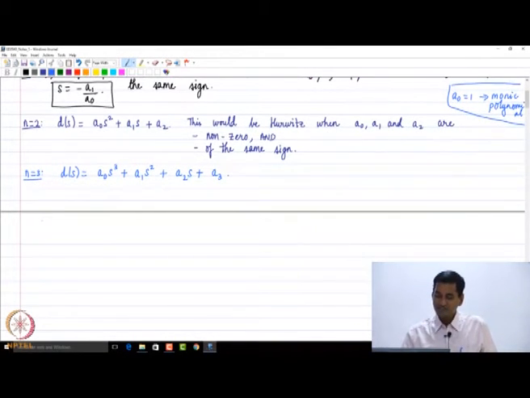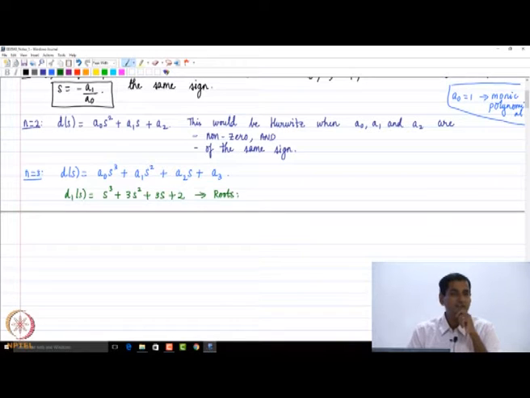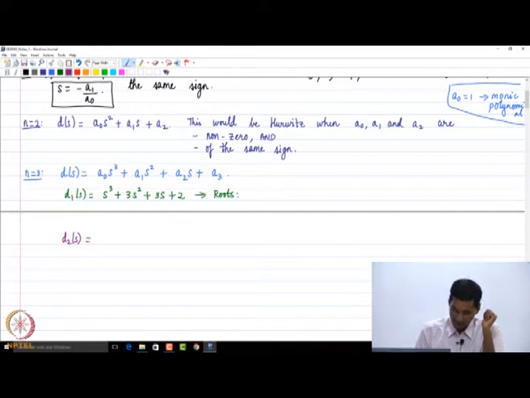So let me demonstrate it to you through 2 examples, okay. So let's consider a couple of examples, okay. Let's say we consider the first polynomial to be s cube plus 3s squared plus 3s plus 2, okay. So that is the first polynomial we have. Does anyone have a scientific calculator and you can calculate the roots and let me know? Can you calculate the roots of this third order polynomial? And then we consider a second example